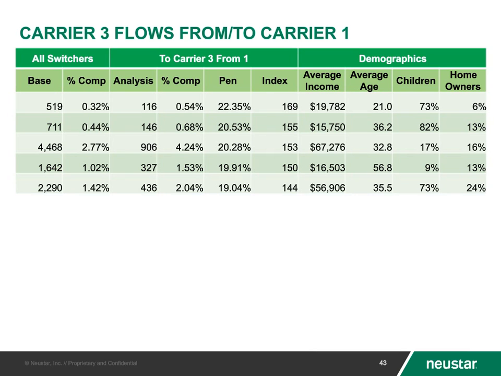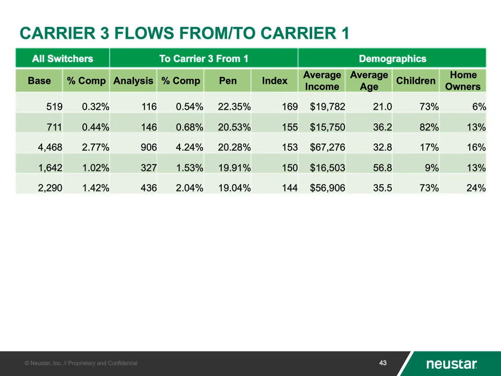In this case, flows from Carrier 3 to Carrier 1. So these are the kinds of households that Carrier 3 is losing to Carrier 1, their characteristics, and putting them in the context of how valuable these customers are to Carrier 3. In other words, how much should you do to intervene and stem this flow, and can you stem this flow? If these are folks that simply aren't your core customers or really interested in your services, maybe it's going to be very hard or expensive to stem this flow. If they are, then you can make decisions appropriately.